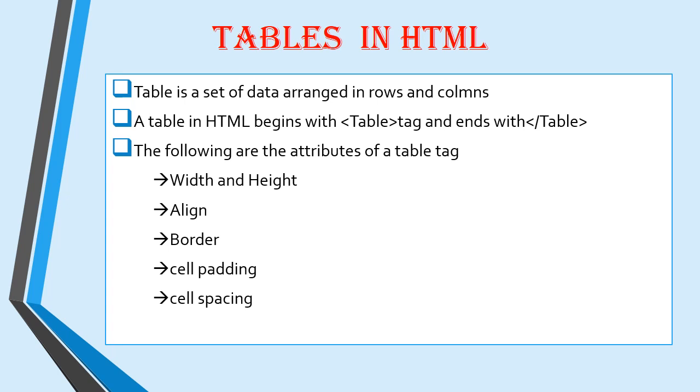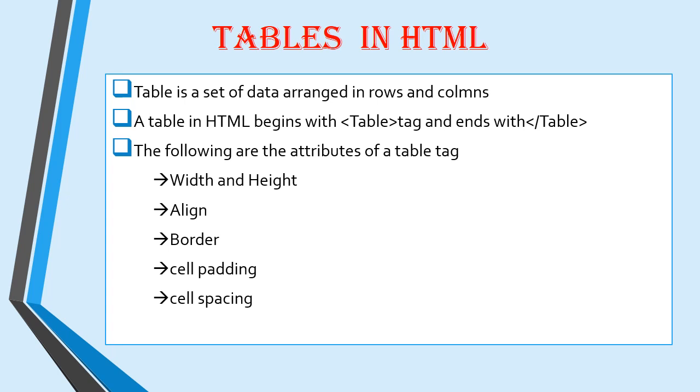Next attribute is the border. That means giving a border to the table. To all the cells we need a border, right? So we are giving the border to the table. That is given by using an integer number 1, 2, 3, etc. That means if you give the table tag border equal to 2, it means it has a border of thickness 2. We can have 1, 2, 3, etc. As the number increases, it gives us more thickness of that border.